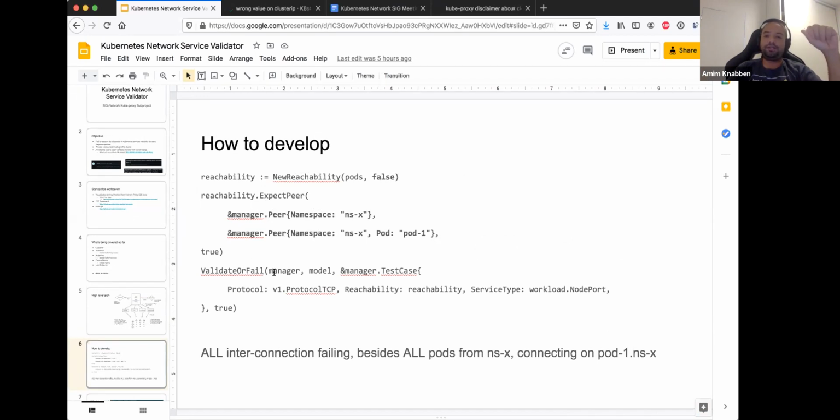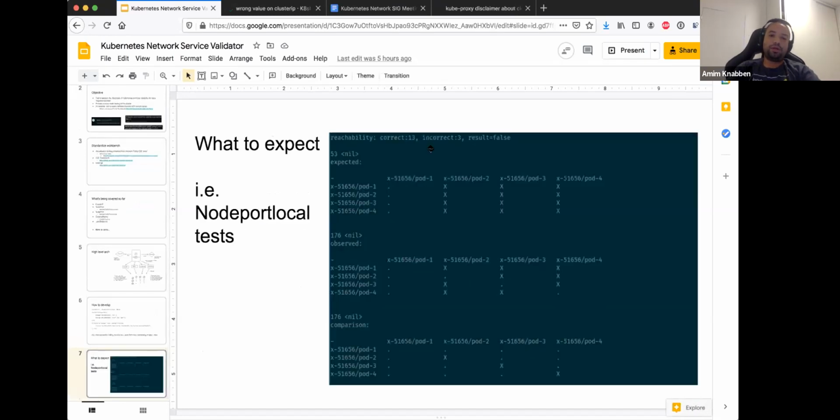And you validate this in the end. So you can programmatically create these rules, and you have tables in the end that will show you what you expected, what you observed with the probes, the results of the probe, and the diff between both of them.